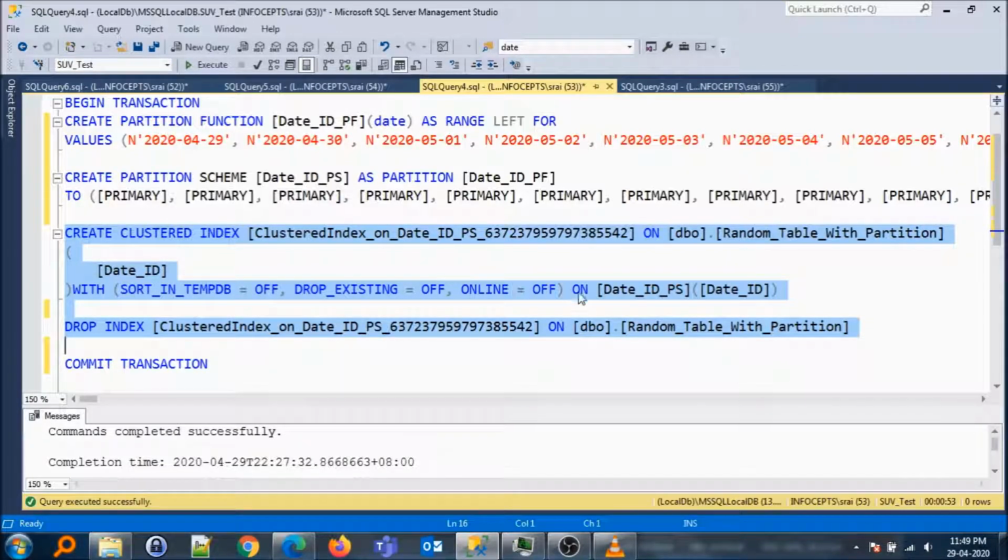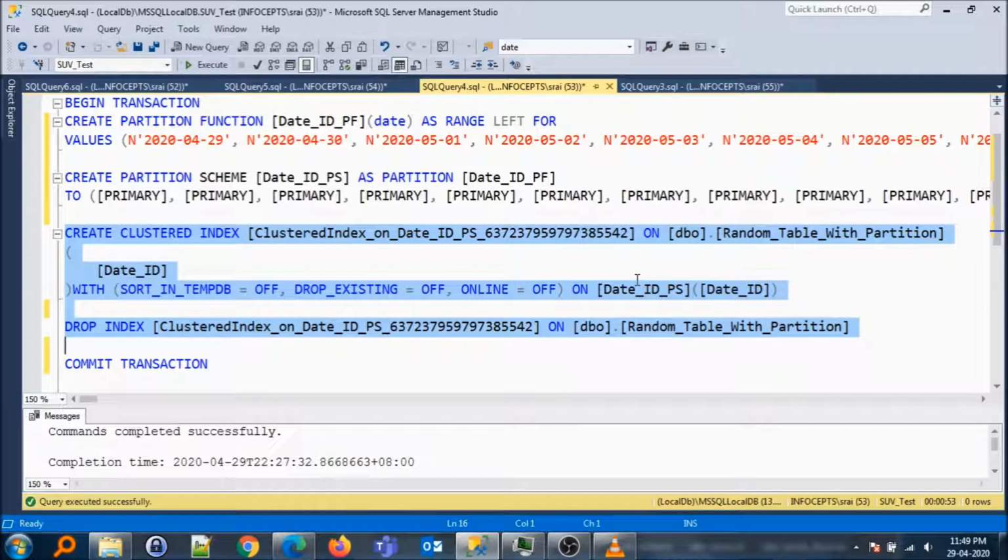We have also provided the partition scheme that needs to be applied to this clustered index. That basically means that as soon as this clustered index is created, the data of the complete table is going to be organized on the date id field value according to the partition scheme that we have created.